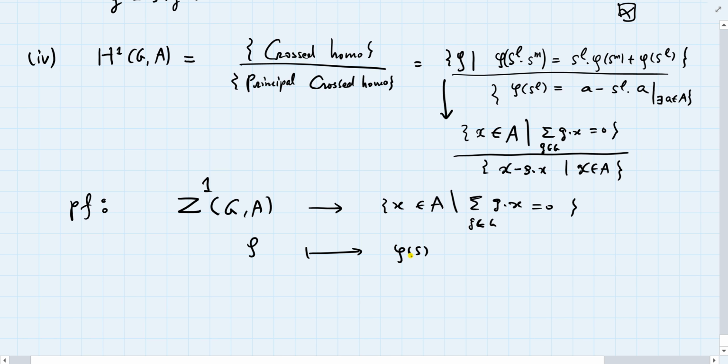Phi s. And we already proved phi s actually is in the trace theorem. This is what we proved. And déjà